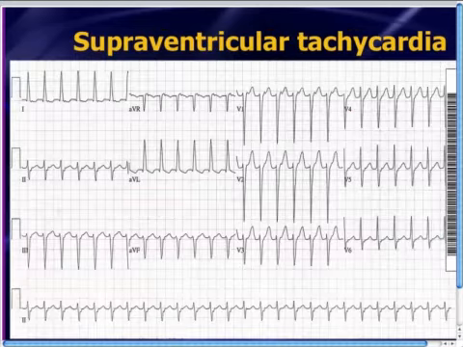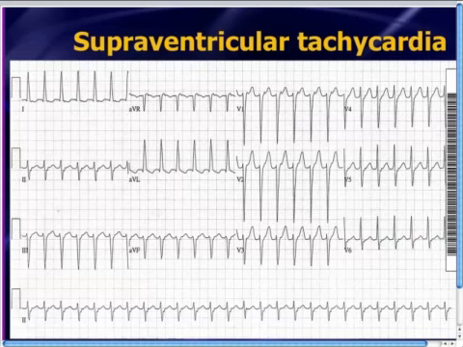Second, SVT. SVT, usually you don't see P waves with each QRS, or you oftentimes may see these little retrograde P waves. If you look especially at the inferior leads, you can see that there's these little retrograde P waves, these little blips on the T wave. Right after the QRS complex, you see them usually in the inferior leads, okay, in leads 2, 3, aVF. So when you see that, that's a pretty good sign that you're looking at one of the SVTs